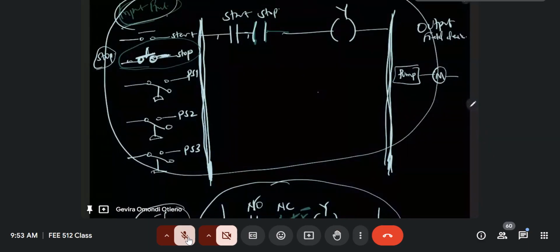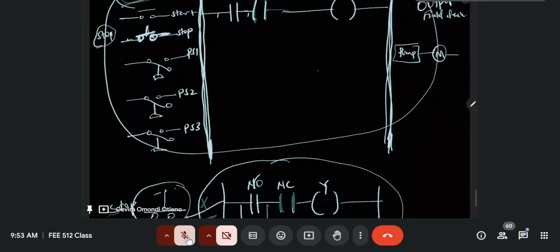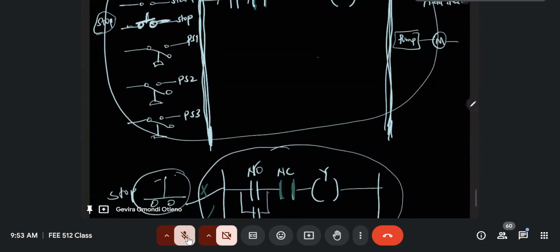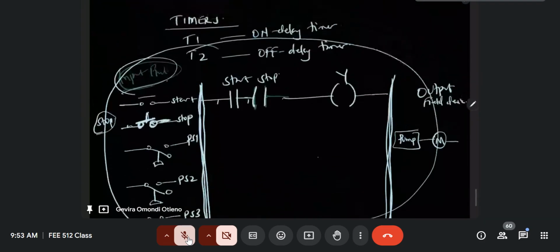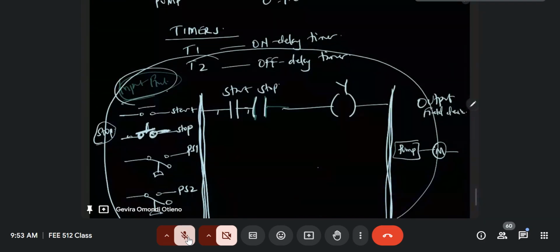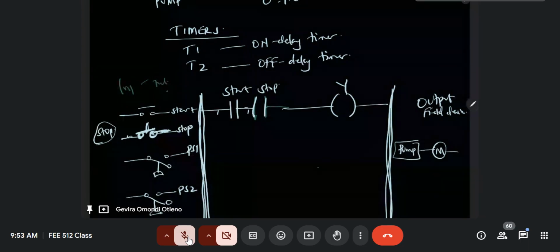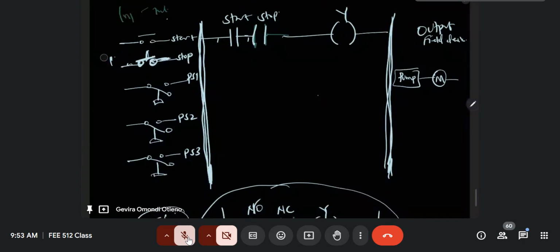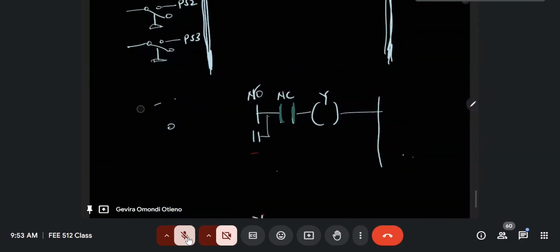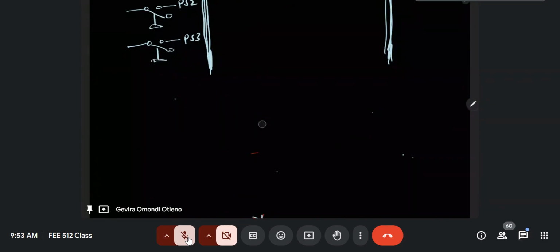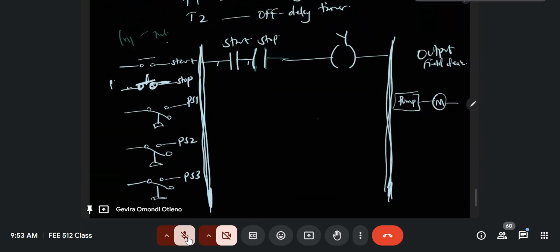Again, this would be clearly illustrated if you try this. And that's why I want to work on a demo. I have a software here that's going to help me come up maybe with a demo and demonstrate some of these things to you, so that we change that normally open contact into a normally closed contact and we see what happens, if it works or if it doesn't work. I think that seeing is believing. So maybe that's the way to go. I will figure out the best way to do that. Anyway, let me at least draw this diagram